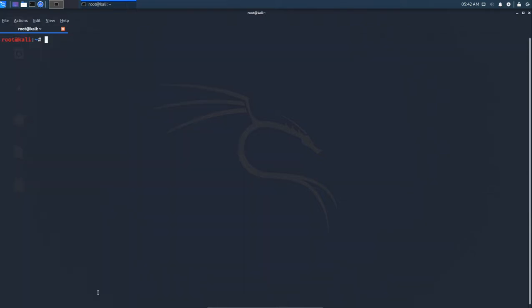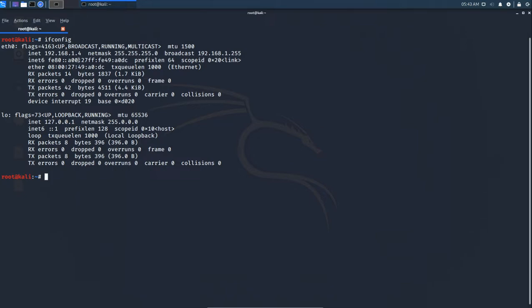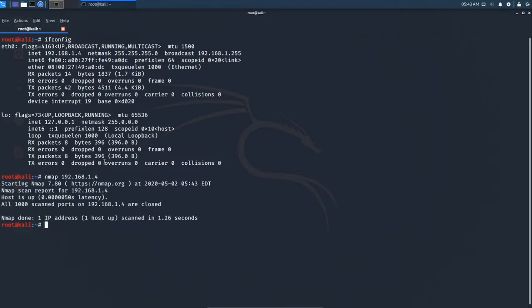Let us find the IP address of the current machine that we are working on. This is our current IP address. Let us scan this IP address using Nmap. On scanning, we can know which ports are open and which ports are closed.